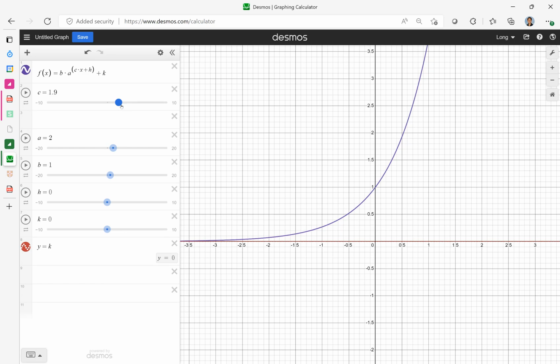So the B changes the asymptote as well as the gradient. Not the gradient. It doesn't change the gradient. It just changes the asymptote. It affects everything except K. And then the C affects the gradient. Very good. I think everything was correct except for one thing there, but Jacob